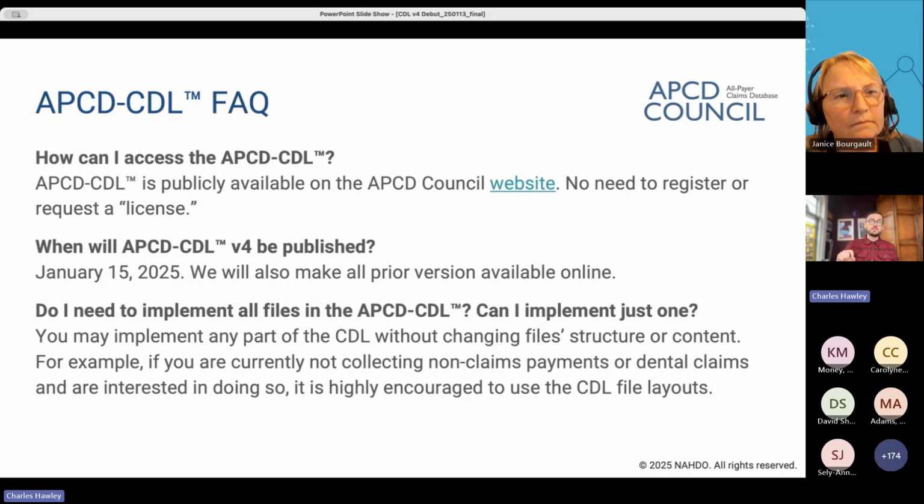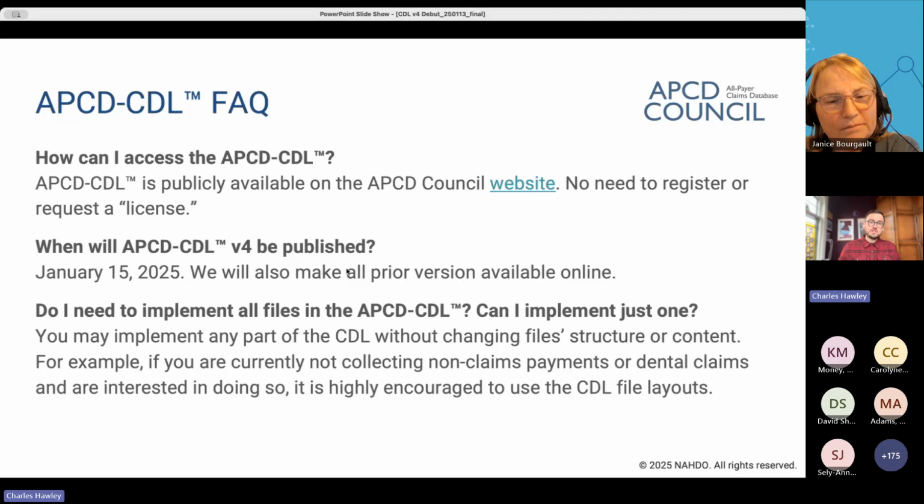If you go again to the council website and go to the CDL section, there's a download CDL button. That's going to still take you to the current version, but below it, you'll see a list of prior versions: version 1.1, 2.1, and 3.0.1. The reason I didn't produce the whole versions before is because the .1 indicator was an indicator of errata, so I didn't feel like the corrections were necessarily all that relevant.